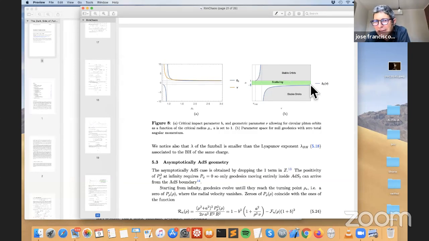Therefore, I can imagine that you can test in these two regions approximately, no? You can test using the asymptotically AdS. And this is very interesting. I even tried to convince our colleague Rodolfo Russo to look into the dual of this. But there was also a technical point that still is not very well understood.